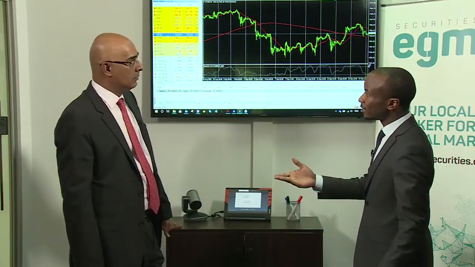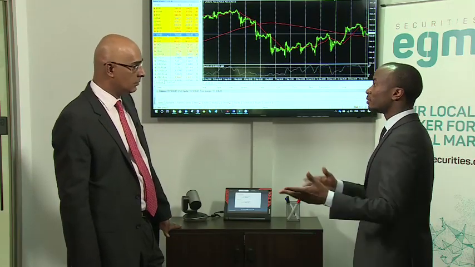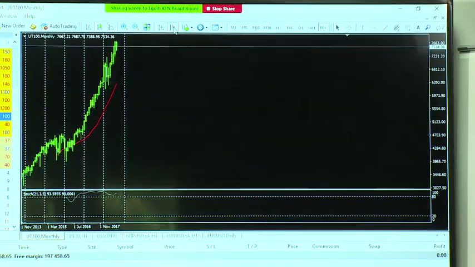If you look at the NSE 25, it's more stable compared with individual stocks. Today we're going to look at the UT 100, which is the Nasdaq. You said that if you just bought the Nasdaq and kept buying on every pullback, you'd have made a fortune. Yes, that's the monthly chart of the Nasdaq. It has obviously been on an uptrend.